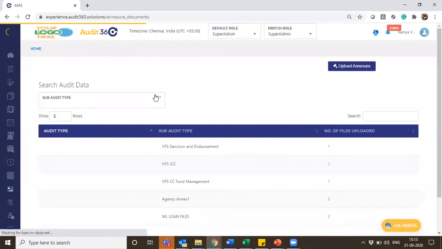So one business rule we have here is for any audits whose audit configuration we have done, if there is any reference data, for example, when it is dynamic, as we have chosen in our current configuration, it is mandatory that the samples have to be shared as part of the schedule. So whenever a schedule is created, the system checks for a validation whether the data has been uploaded for the said auditee. Hence it is important that we upload the annexure document before we schedule the audit. Otherwise, we will not be able to schedule, and the information also would not be passed to the auditor for them to execute the audit.